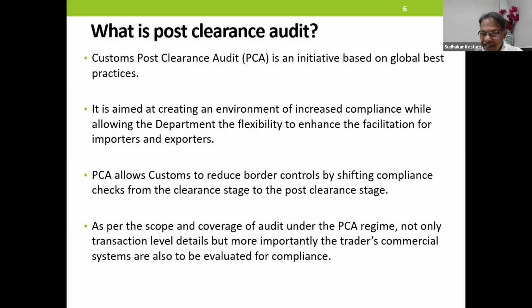Not only transaction level details, but more importantly, the traders' commercial systems are also to be evaluated for compliance. Most of the time we believe that our commercial systems, why will they be evaluated by anyone?